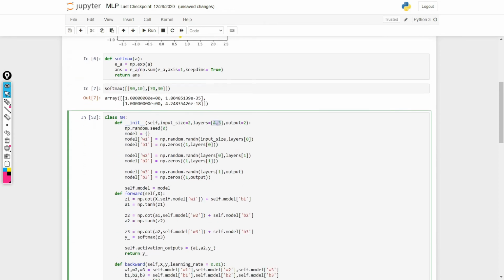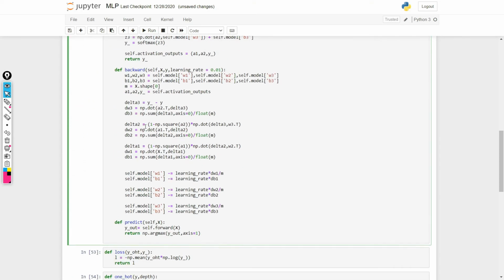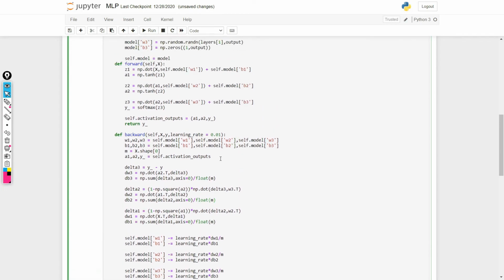Now let's suppose you insert more hidden layers, you will also have to do some work here to find those deltas. And if you want to use libraries like Keras, what you have to do is implement it in a way that it can automatically find all of these for all the layers.